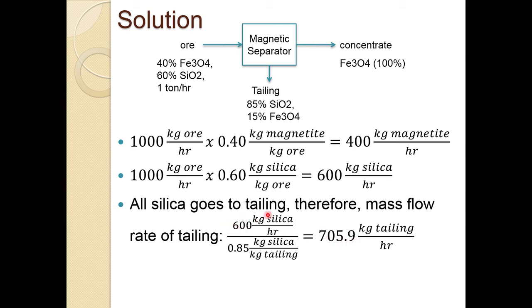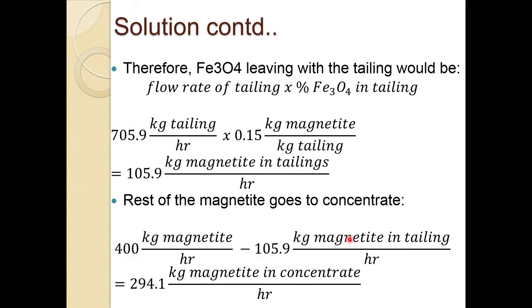So, you divide this 600 kg silica per hour by 85%, because this constitutes 85% of the tailing, and that will give you the tailing flow rate. And once you know the tailing flow rate, then you can calculate the magnetite which is leaving with the tailing. So, this is the flow rate of the tailing, 705.9 kg tailing per hour, and you multiply with the